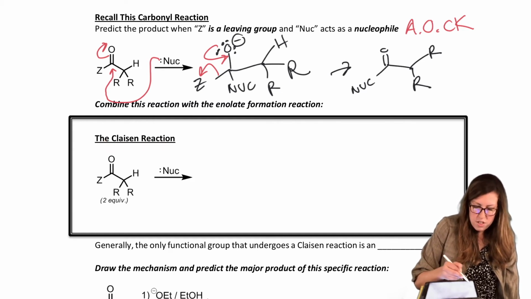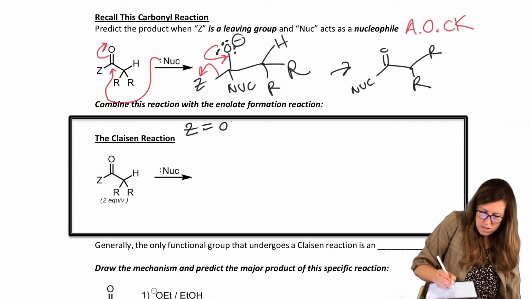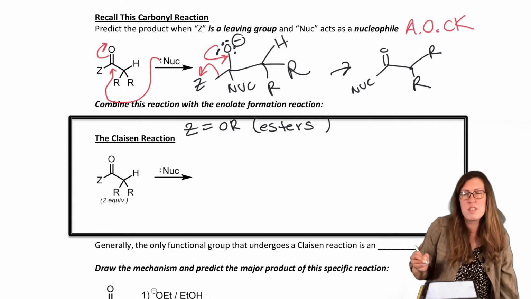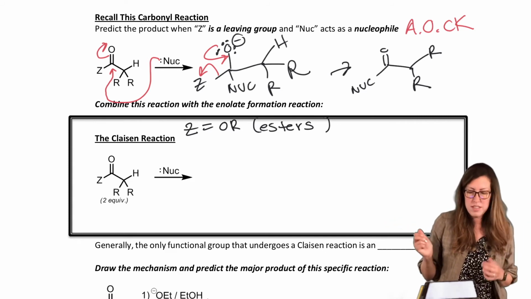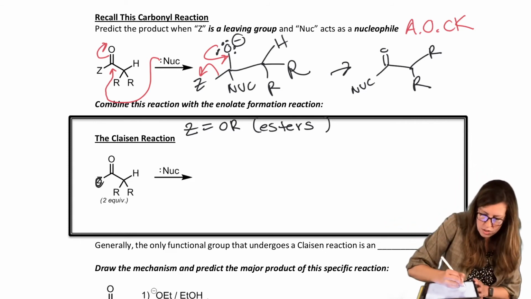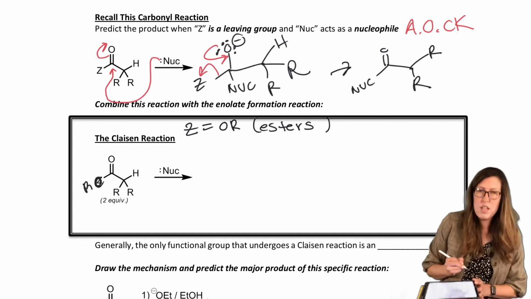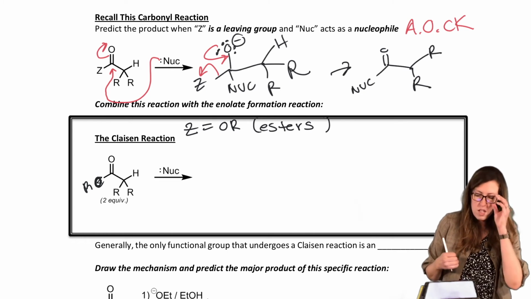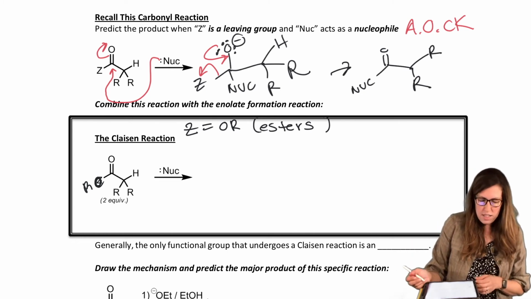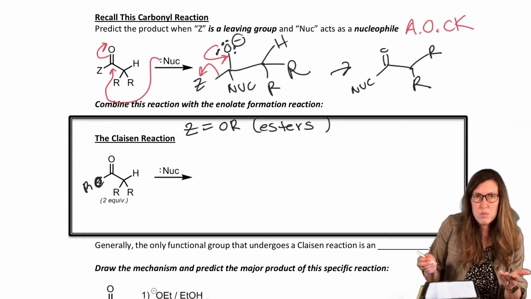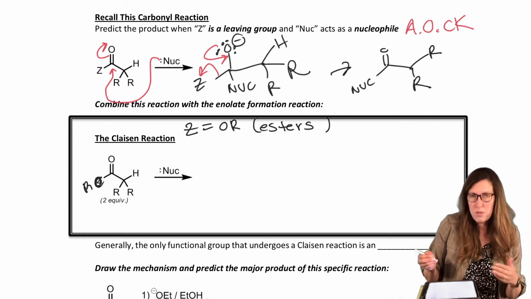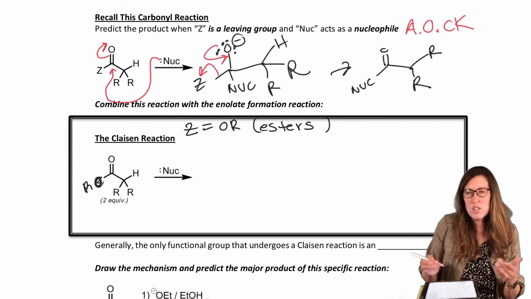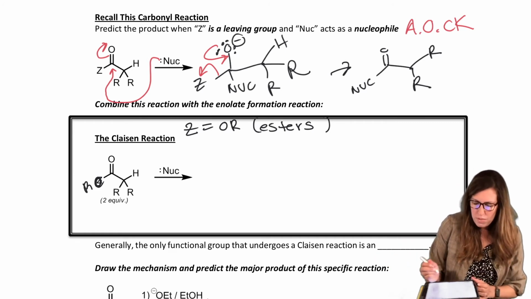Usually Z is an ester. That's going to be the favorite. Okay, so that's all you really need to know, is that let Z be an ester, and that's a Claisen. So I'm just going to call it OR. And we've learned that we can get esters to transform into other groups. So it's not a surprise that that can actually be kind of a leaving group. It's not a traditional leaving group, but the fact that we can get the ester to form another group, right? That'll actually work out okay.